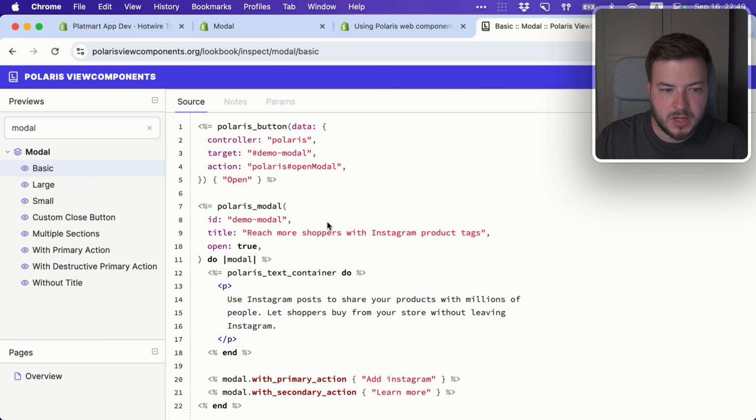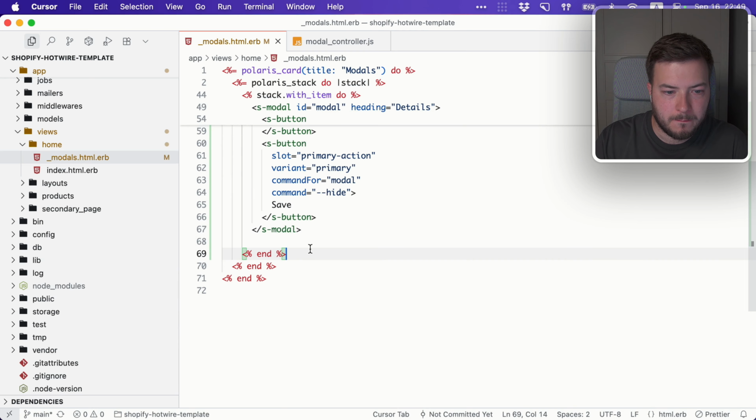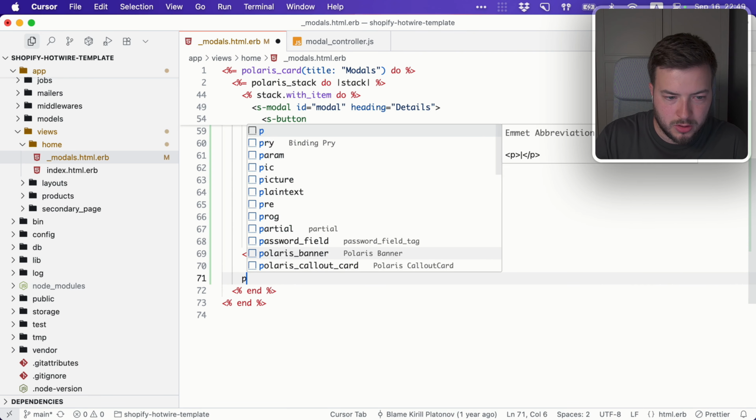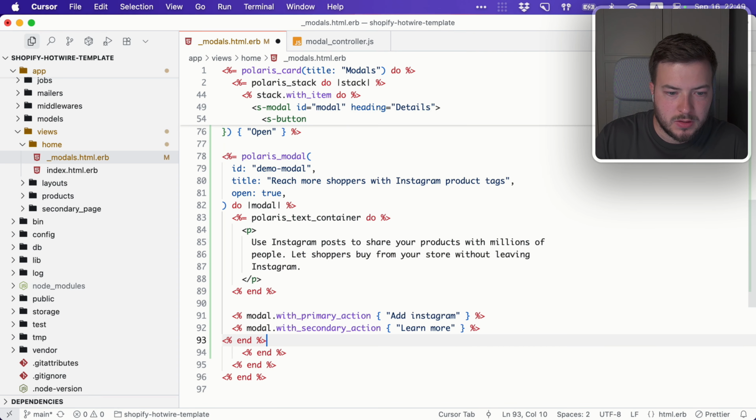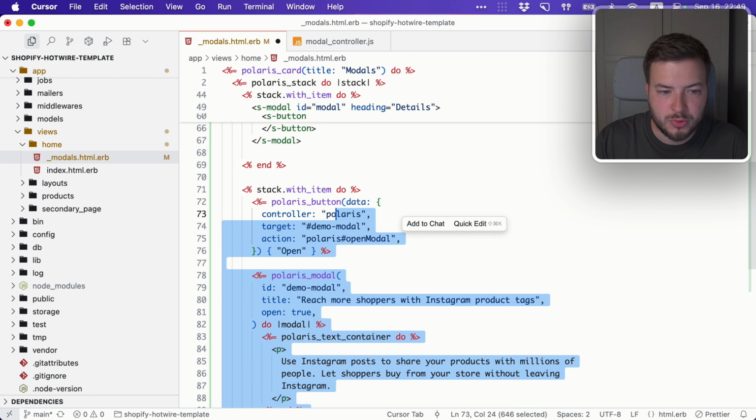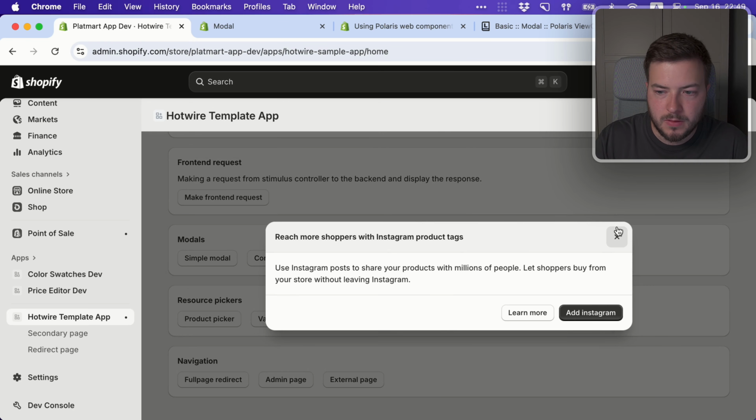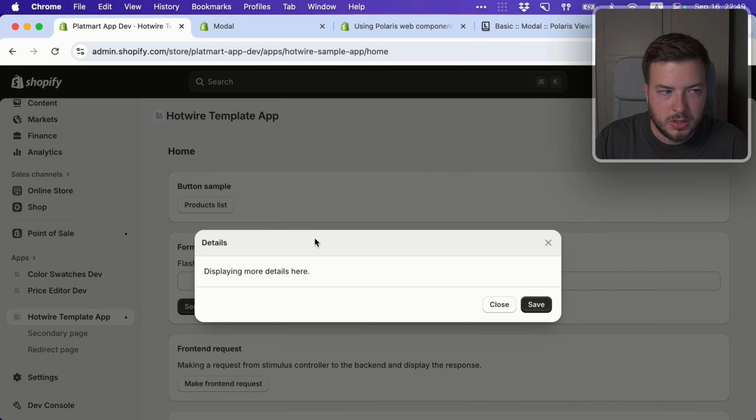Let me show you how it used to work in the past. I will add one more modal, which is the old Polaris Vue component modal. As you can see, it's opened also within the app, but it's not centered, and it's visible that this is part of the app and not part of the Shopify admin. Just compare it with the new modal, which actually makes it very difficult to understand what's going on,